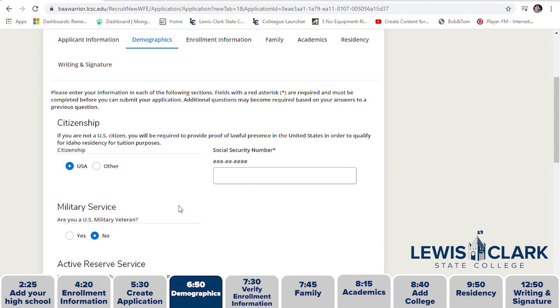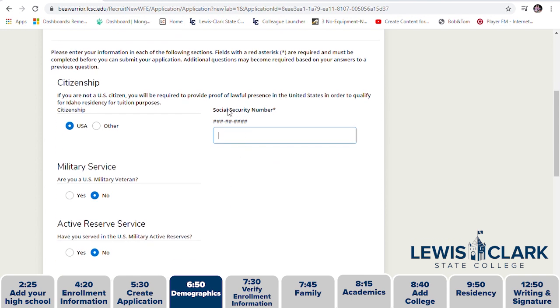And then it goes to demographics. This section is optional, but it's encouraged. If you do not provide your social security number here, you will need to supply it later as a supplemental item. So the social security number is how we link your application for admission to your financial aid information. So if you do know your social security number, I do encourage you to go ahead and put it in